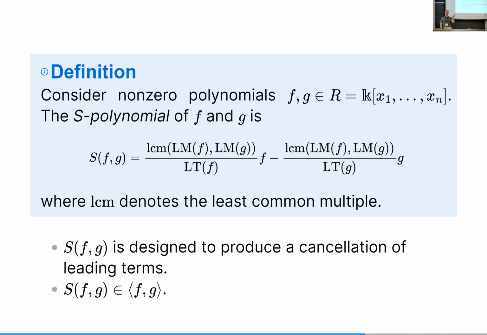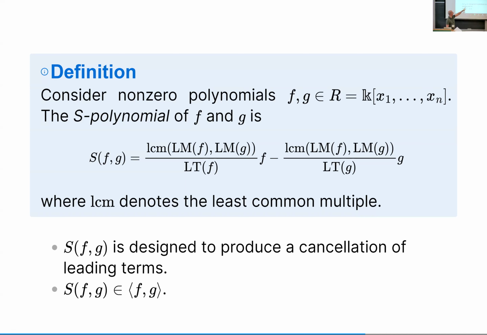You take two polynomials, f and g, and well, okay, you still need to have a monomial order fixed from the beginning. We introduced this notion of an S polynomial of f and g. This is a polynomial that is designed to create a cancellation of leading terms. Basically, f and g will come with their own leading terms, right? But if you multiply by the appropriate stuff, you can get to a common monomial. And then if you multiply by the right stuff and you take a difference, that common monomial will disappear. So that's exactly what this S polynomial is designed to do in a sort of minimal way, which it achieves